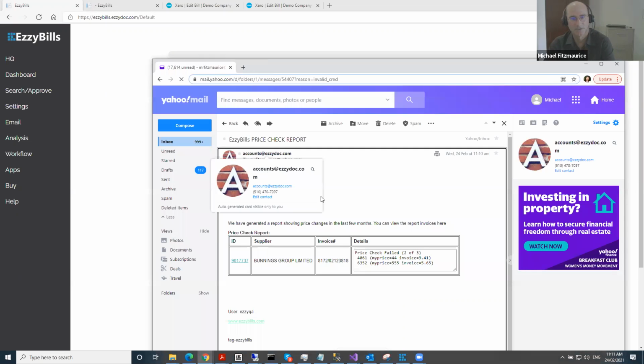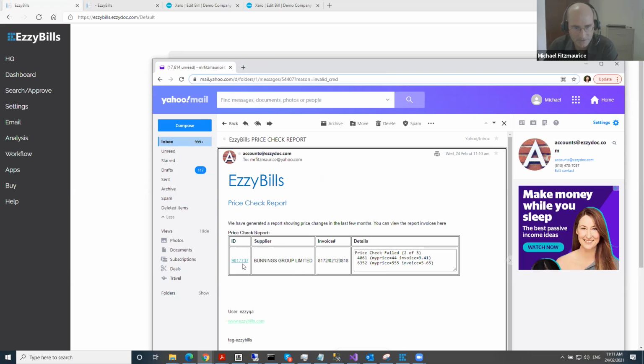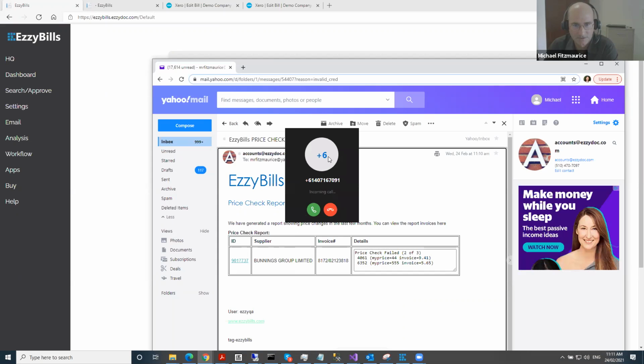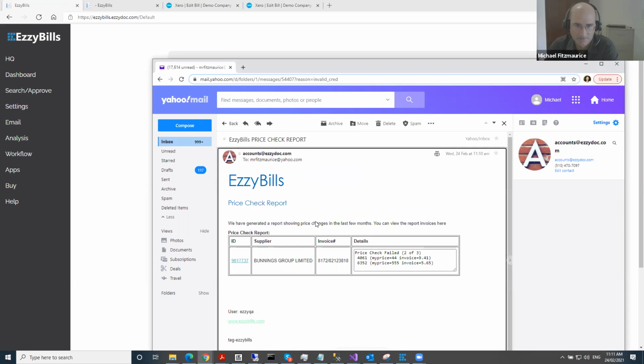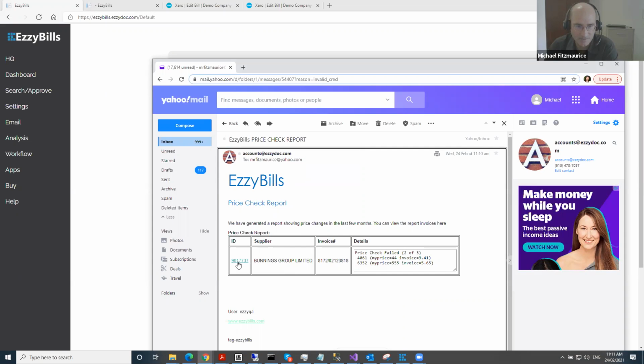All right, so this is the report that was just run, and you can see here, this is the document. So if I click on the document, we'll be able to see the document that had the price discrepancy. And also we'll see in the report, it tells us basically which part was wrong